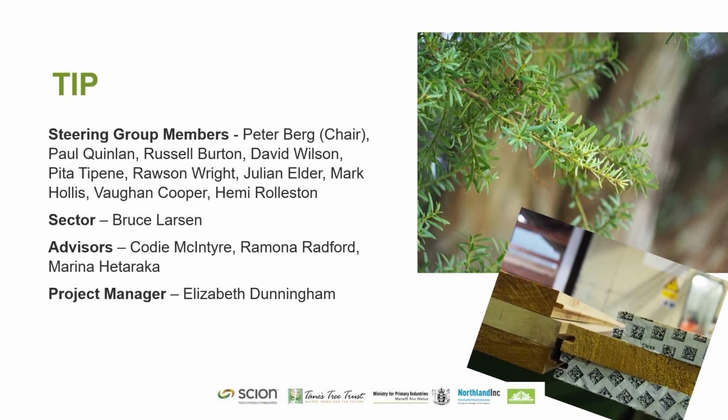TIP was the second stage in what has become a 3-step initiative. The first stage, known as the Tōtara Industry Project, took place over the course of 2014 and continued on into 2018. It could be best described as early tōtara industry and wood product work, where Scion, in collaboration with the Northland Tōtara Working Group, led by Paul Quinlan